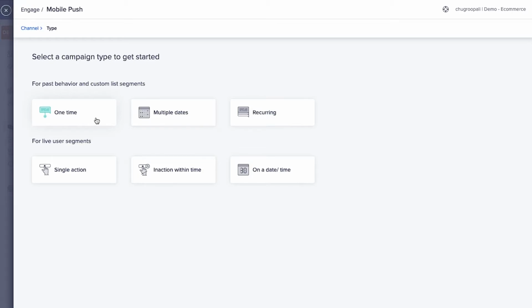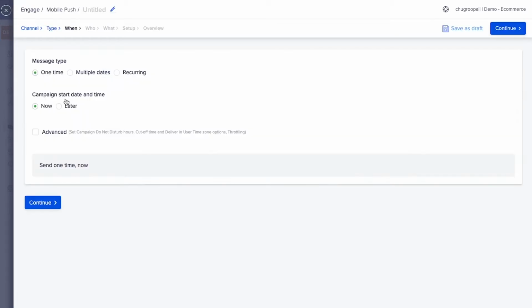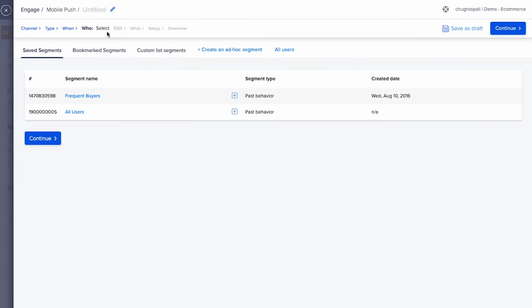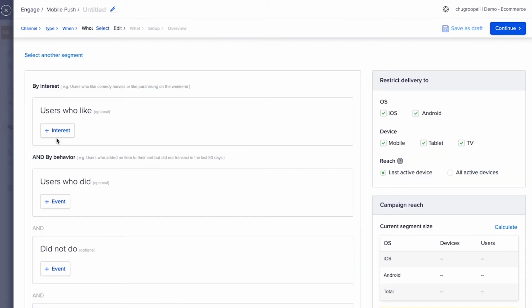Define when the campaign should be scheduled. Also, select the message type, which means if it should be sent on a date or multiple dates. Next, define who the message should be sent to. Use segmentation tools explained earlier to create a user segment. While defining these elements of a campaign,